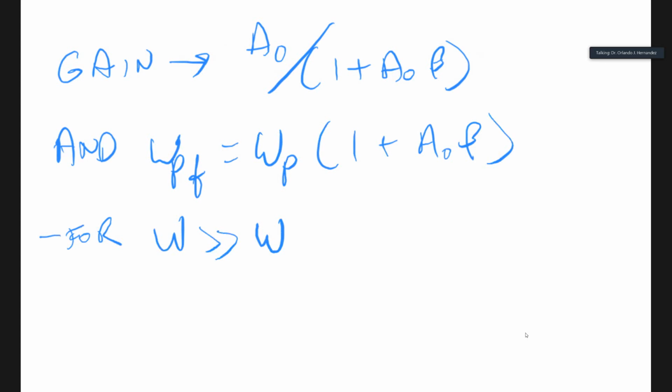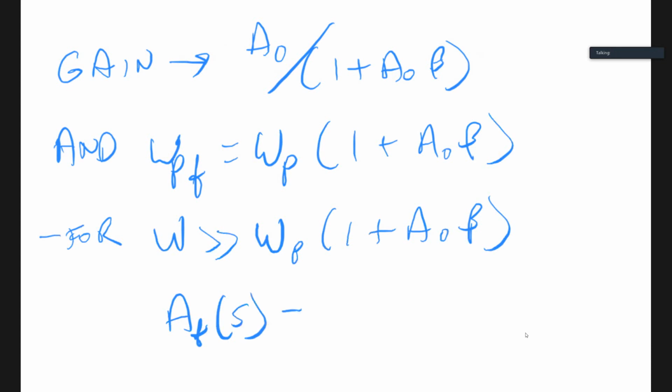So the case where omega is much larger than the closed loop pole frequency. In that case, if you look at the expression from the previous board before I erased it, you'll find that the closed loop gain simplifies, it approximates